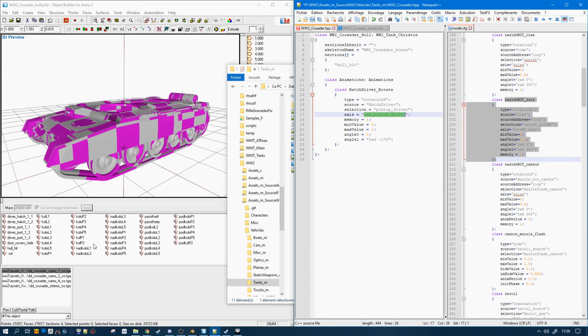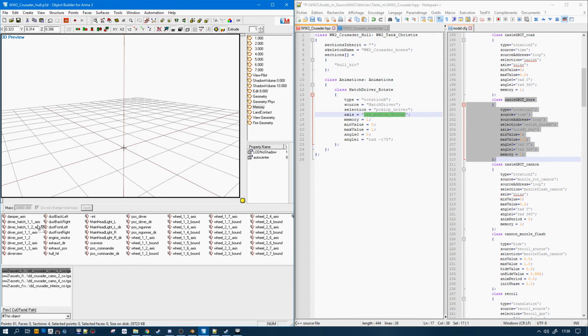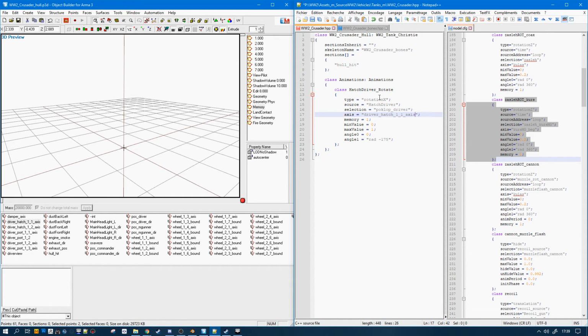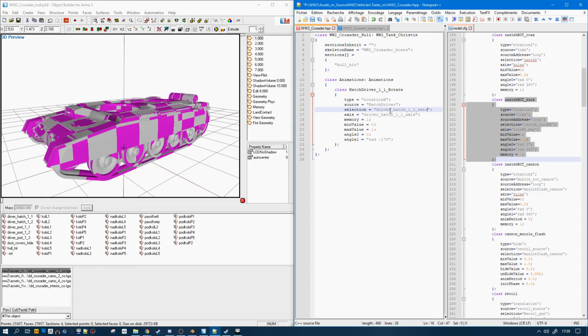The axis is what we defined in memory load. So it's going to be driver 1 axis, driver 1. Selection is going to be this minus axis, and source is hatch driver.